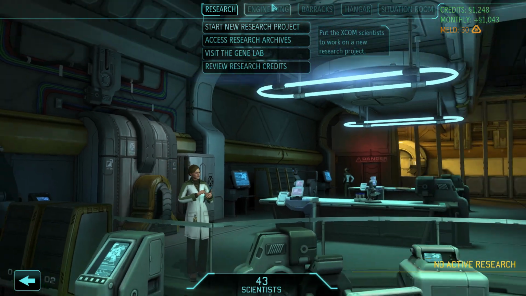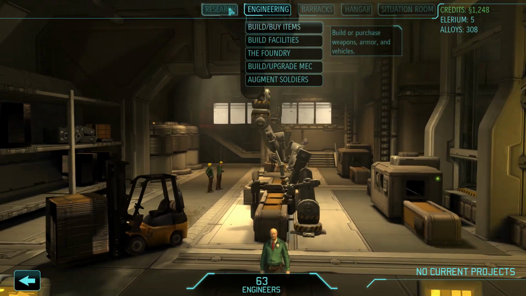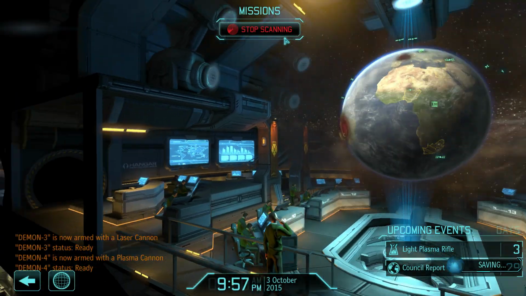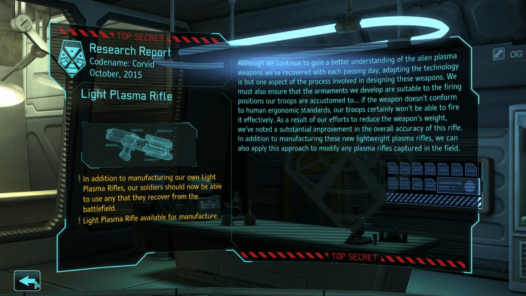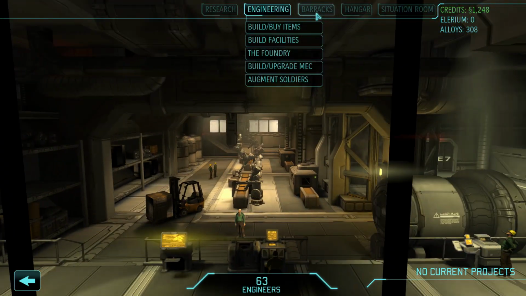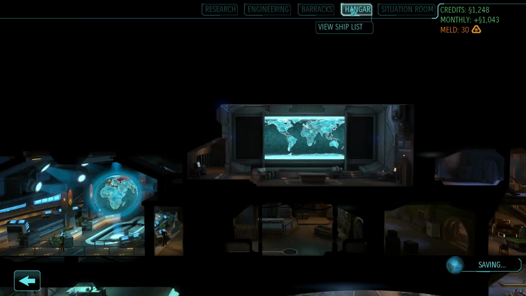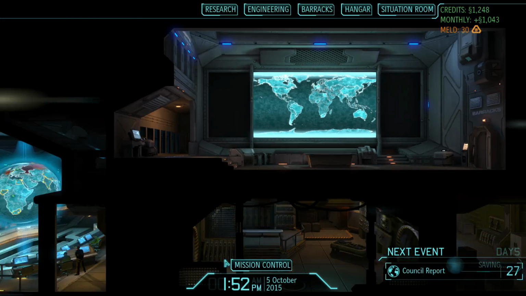Let's see how much an EMP cannon costs before we start researching more. 14 Illyrium. Alright. So, let's research light plasma. Why not? Not really much else we can research at this point because of our drastic Illyrium shortage. We've got 30 meld left, which obviously is not a lot. We really need to intercept this UFO, but...